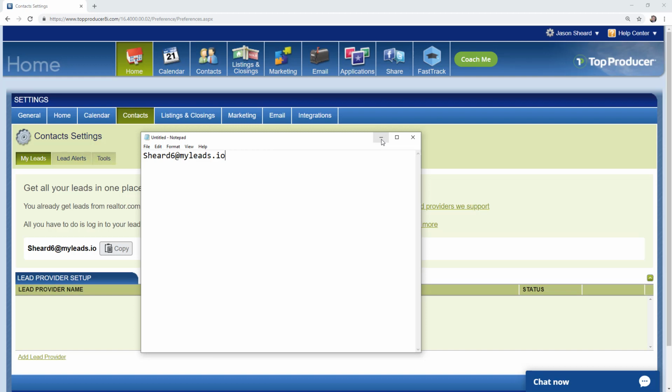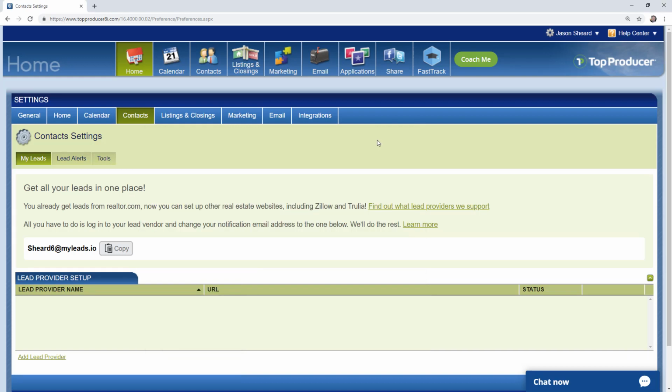Okay, so I'm going to minimize my notepad here. So I just want to talk about setting this up with Zillow really quick here. With Zillow, again, you would copy this address, log into Zillow, find the field where Zillow's emailing you leads and paste in the address and save it. Zillow is going to take an extra step of sending you a verification link you'll need to click on to